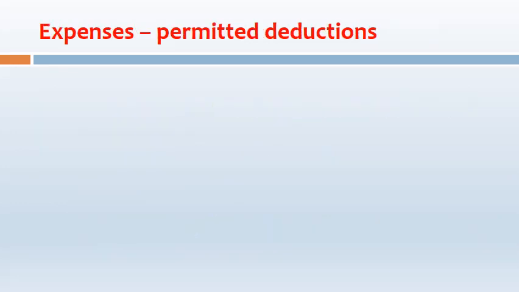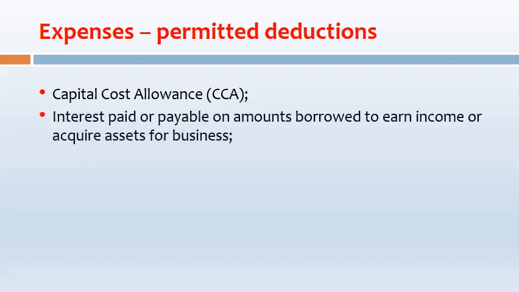Here are some examples of expenses that are expressly permitted as deductions for tax purposes, which may differ from their accounting treatment. Now, the first one is capital cost allowance. We know this is not an accounting deduction. It is strictly defined for tax purposes. Any interest paid or payable on any amounts borrowed to earn income or acquire business assets, interest is a permitted deduction for tax purposes. Any bad debts that are actually written off during the year, as opposed to, for example, an accrual for bad debts,